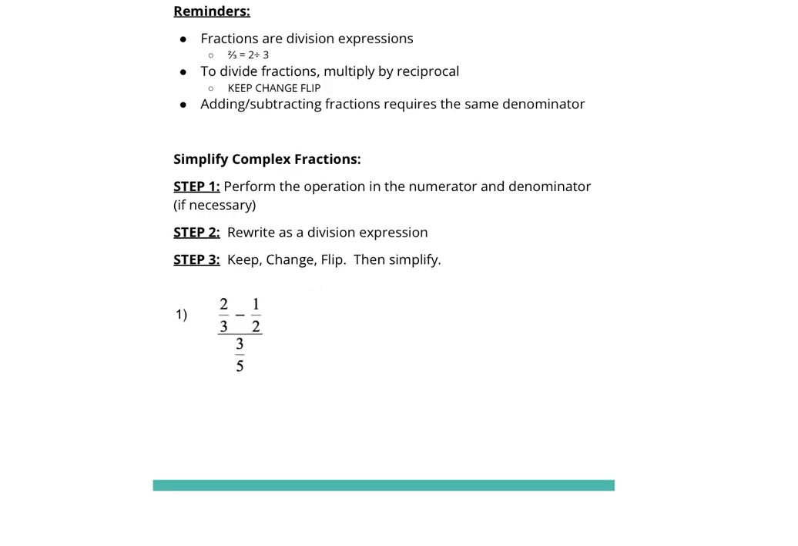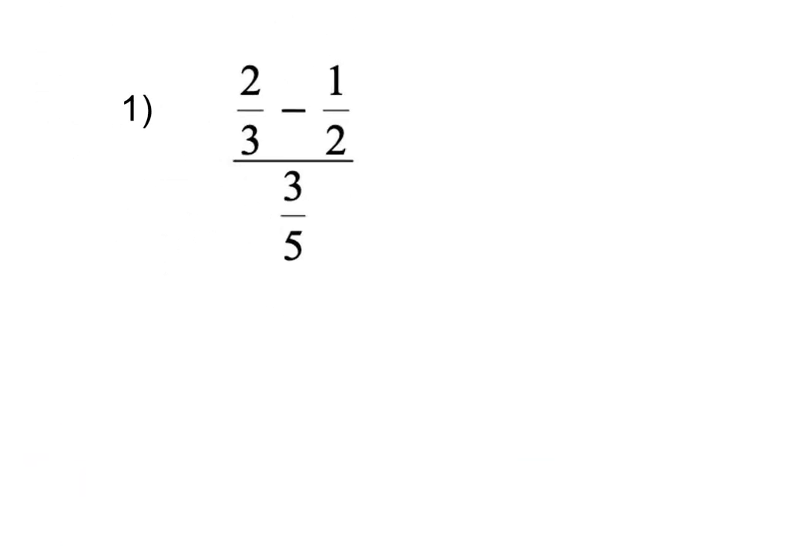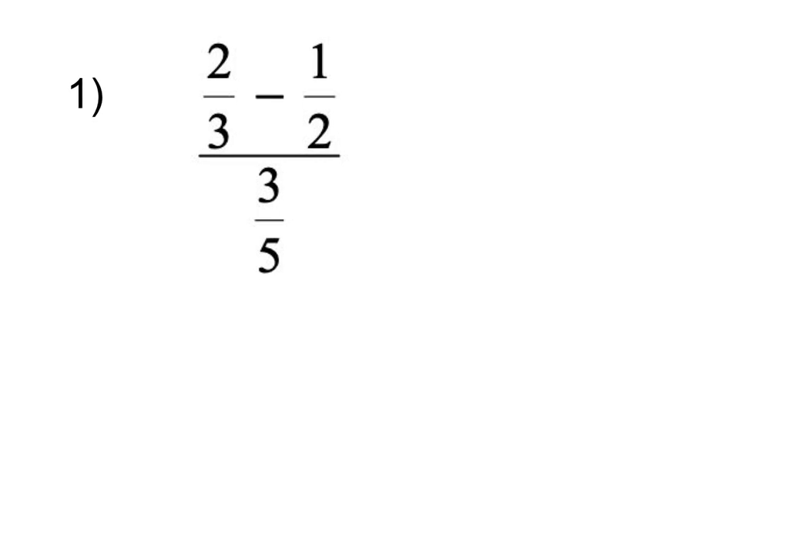So let's look at an example here. This is our first one. This is a complex fraction. It's complex, hence in the name. It has fraction, fraction, fraction, fraction. We have 2/3 minus 1/2 over 3/5. This whole piece up top here,